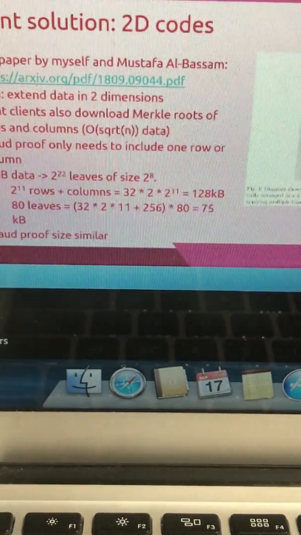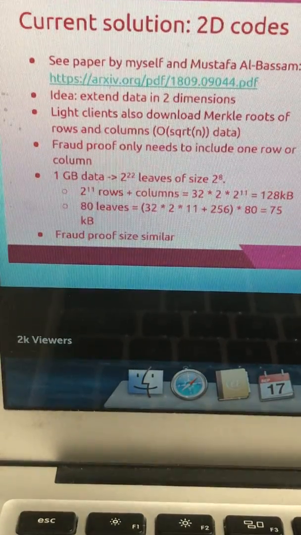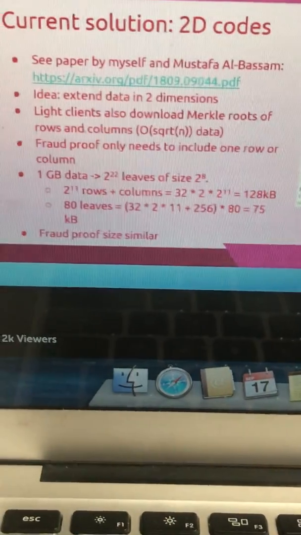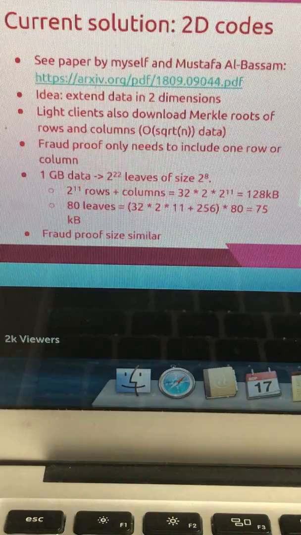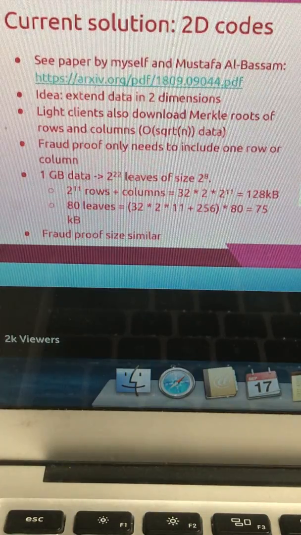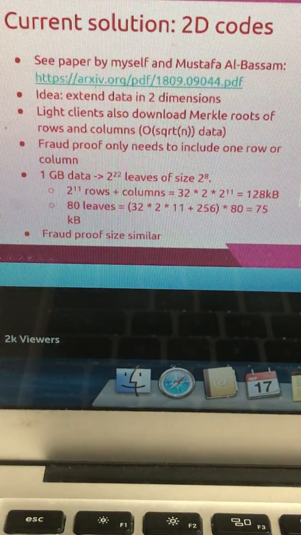So the solution in this paper from last year by myself and Mustafa Al-Bassam basically said we're going to have two-dimensional erasure codes. Right, so what we're going to do is instead of just extending D to D prime along one axis, we're going to make D be this kind of little square on the left, and then we're going to interpret D as being a bivariate polynomial, and we're going to low degree extend it this way, and then low degree extend it that way. Low degree extending this way and low degree extending that way gives the same answer,